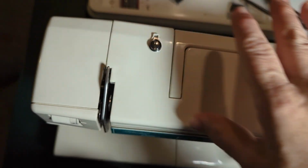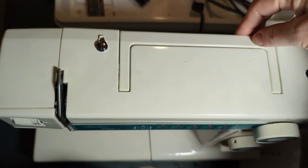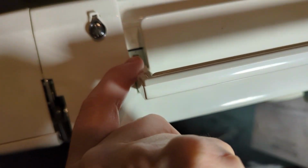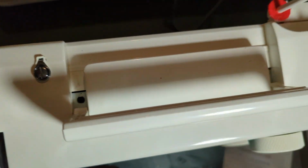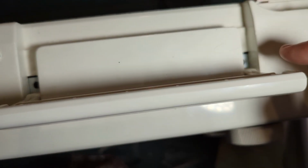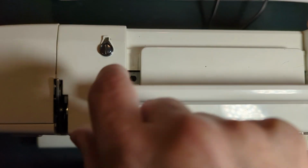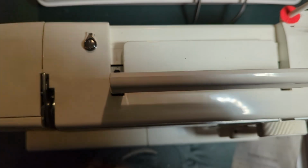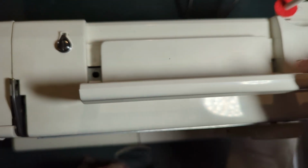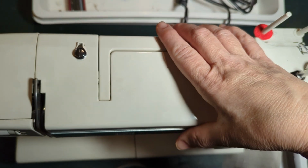So to find the screws to take the top off, they're actually under this handle. I don't know if you can see it. It's not really bright right here. Let me see. Yep, there we go. So I have a screw there and a screw hole there. I actually had my husband help me with one of the screws because it was really stuck. I don't think it's ever been opened, but we're going to open it. All right, so,